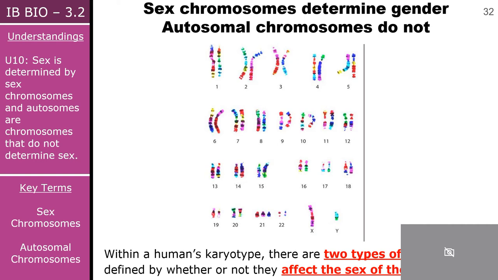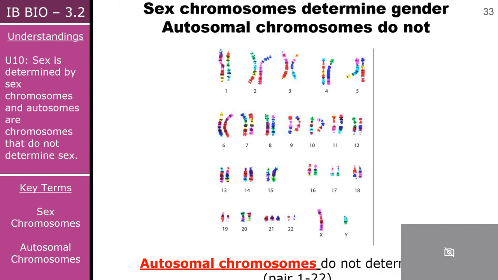So, how do we decide who is a boy and who ends up being a girl? And this is actually affected by your chromosomes. It's run by that. So we have two different kinds of chromosomes, and they are defined by whether or not they affect the sex of the individual. Okay, so on